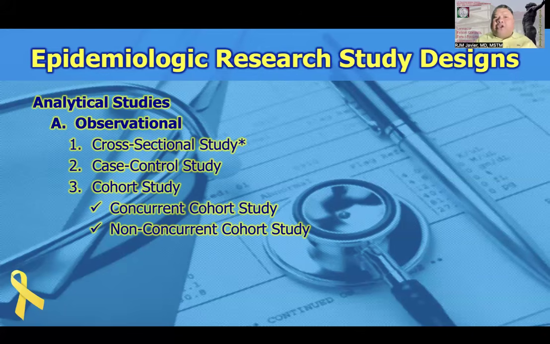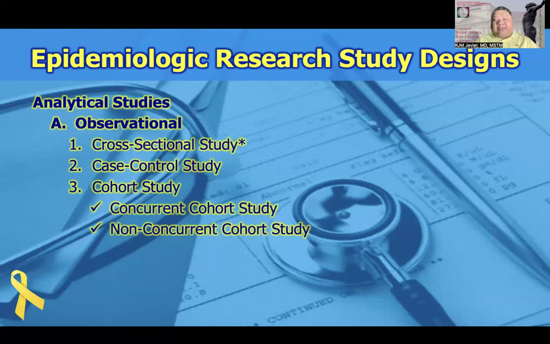Again, the main difference between your observational versus your experimental study designs would be that for experimental study designs, there would be an induced intervention. Observational study designs merely look into the reality without any active intervention being done. And under these, you have the following. As I've said, your cross-sectional in the hierarchy of epidemiologic study designs may be regarded as the weakest analytical study design. And later on, I will explain why it is viewed as the weakest analytical study design.